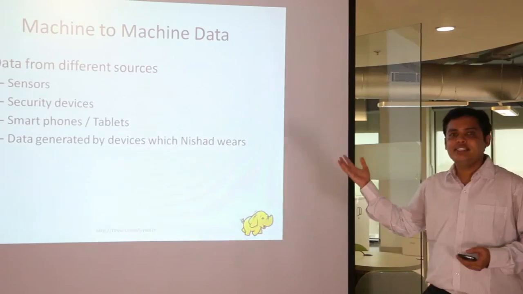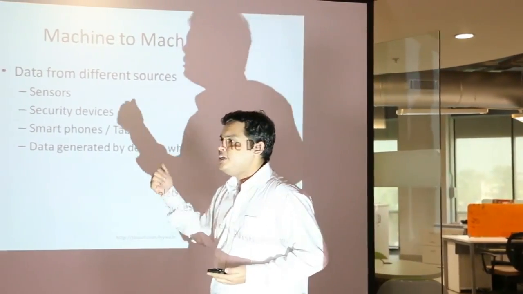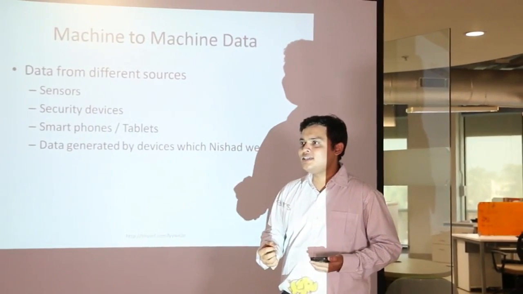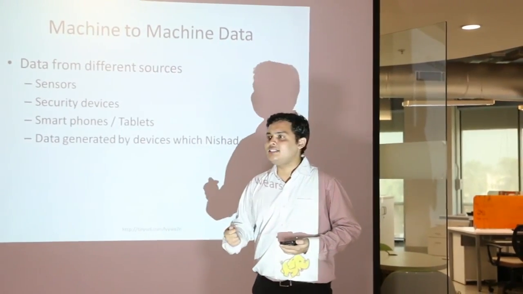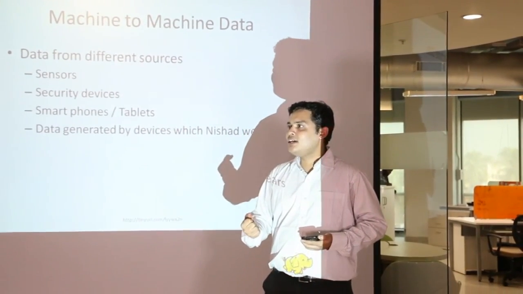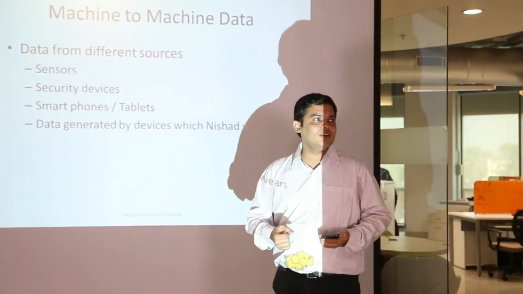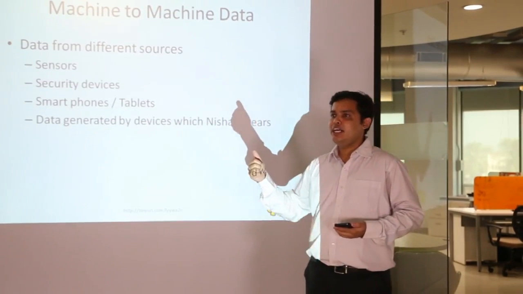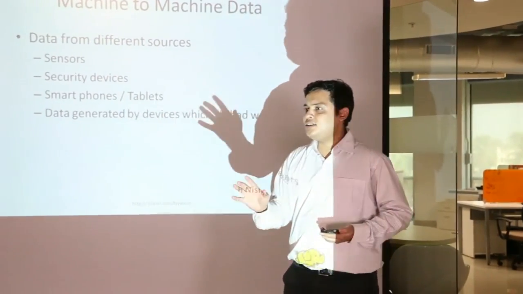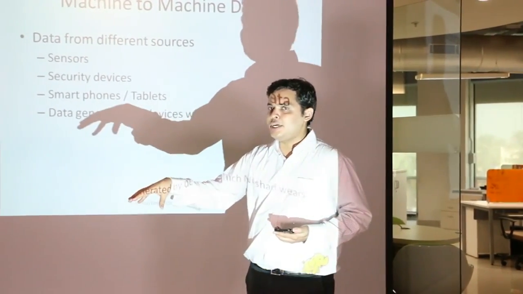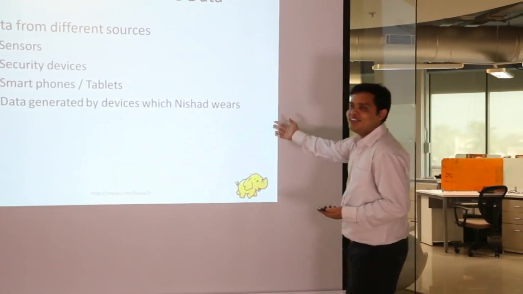Security devices, self-explanatory, smartphones. Can you give me an example of smartphone, like how can it be used as machine-to-machine data? Mobile banking. Mobile banking, okay. Anything else that will come as transaction data? NFCs. NFCs, yes, NFCs will work out. GPS, right? You walk into the store and that information is transferred. Like, okay, this is the guy who has entered this particular store, right? So that's machine-to-machine data. So now can you tell me, what is the last part?